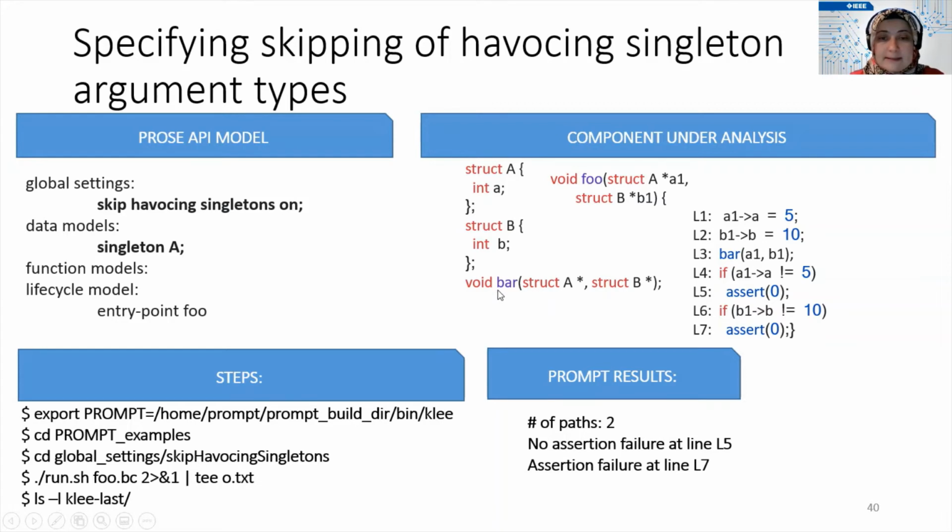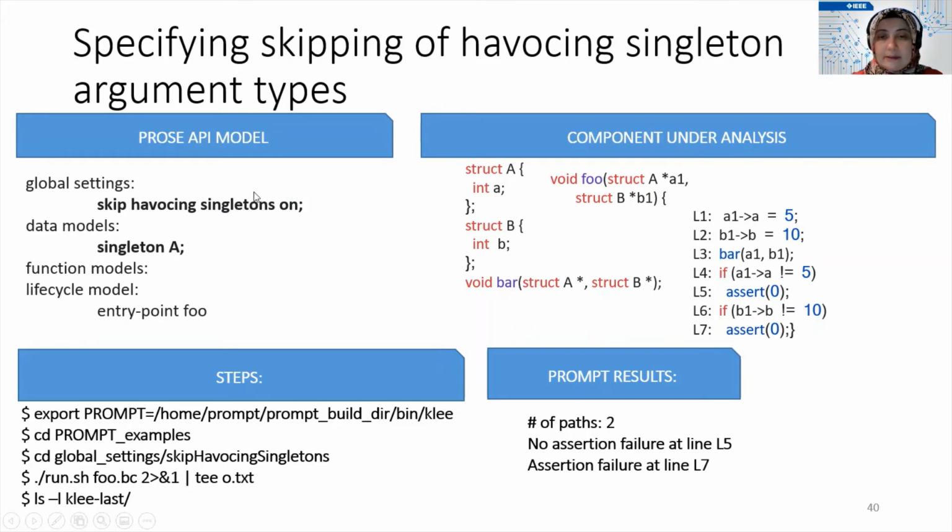But there are cases that actually we can skip such havocing operations, and in the global settings, if we say skip havocing singletons on, and then if we define a type to be a singleton, meaning that there can only be at most one instance of this type within the component that we're analyzing,